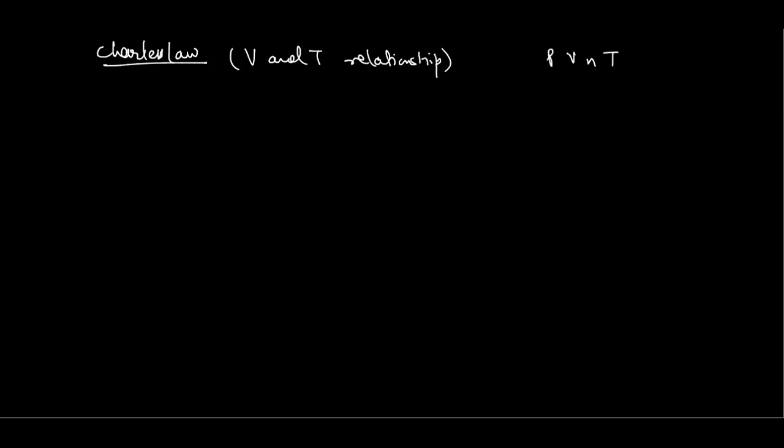If we keep these two constant, okay, V and T relationship. If we take V and T, then we consider P and N constant. So at constant pressure and fixed mass of a gas, the volume of a gas will increase or decrease as the temperature increases. So we can say it is directly proportional. I'm not writing all of this because we have studied this chapter. According to this law, V is directly proportional to temperature. So we can write V is equal to KT.